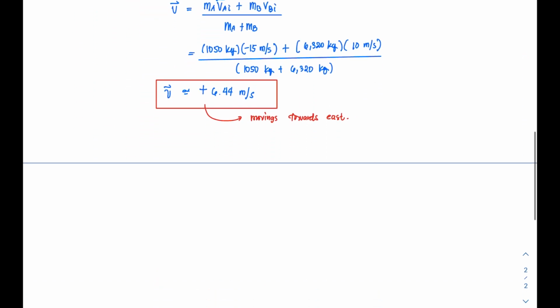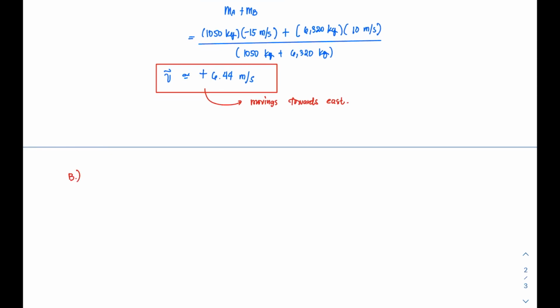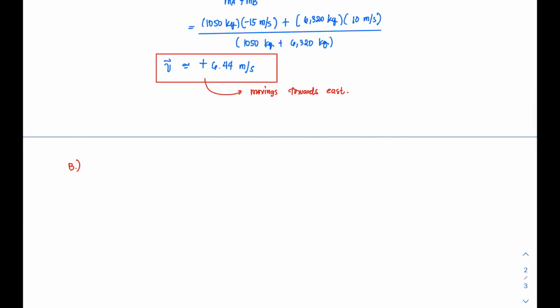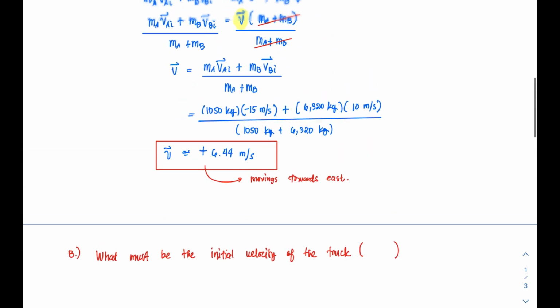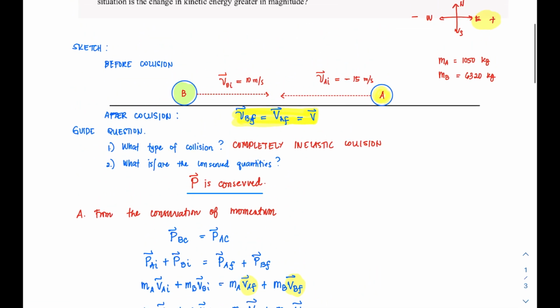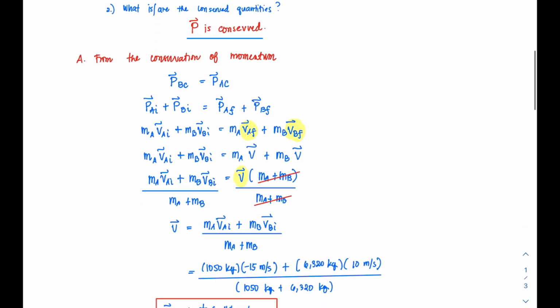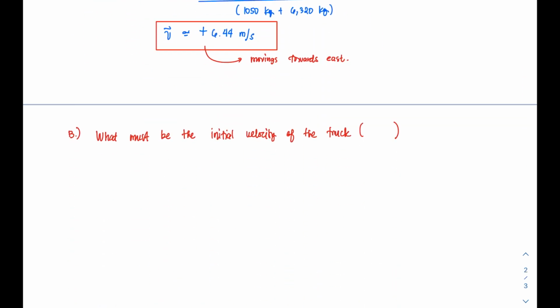So the very first thing that you need to understand in solving for this one is, if I'm going to rephrase that, it's just telling you what must be the initial velocity of the truck, and take note, I'm going to create a variable out of that. Now, your truck here is mass B, so this is just looking for what must be the initial velocity, the VBI of the truck, such that